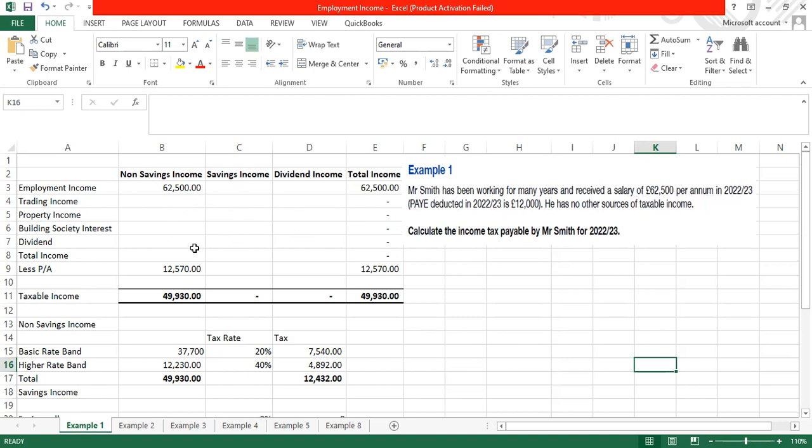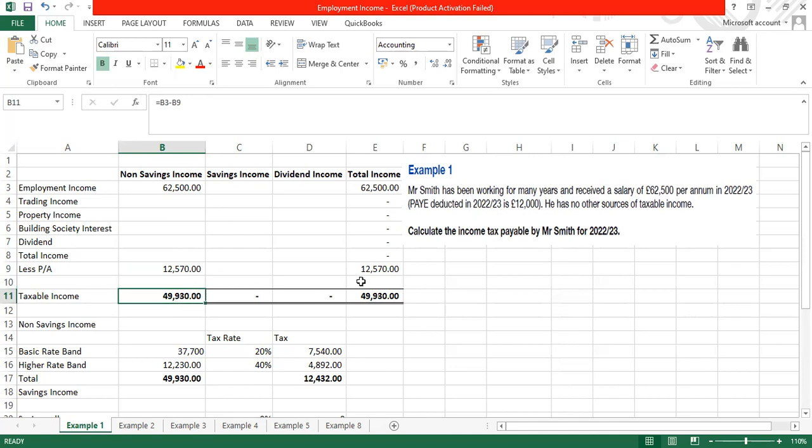So this is the proforma. I made it here in Excel. We have to follow this proforma, and in the exam you have to follow it in the same way. It will be easy for you to handle this type of question. First thing is employment income. Employment income always comes under non-savings income. So 62,500 pounds. Then there is a personal allowance available, that is 12,570 for 2022-23. When we deduct this, the taxable income is